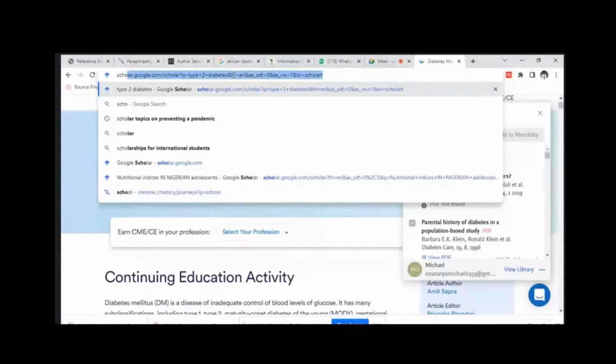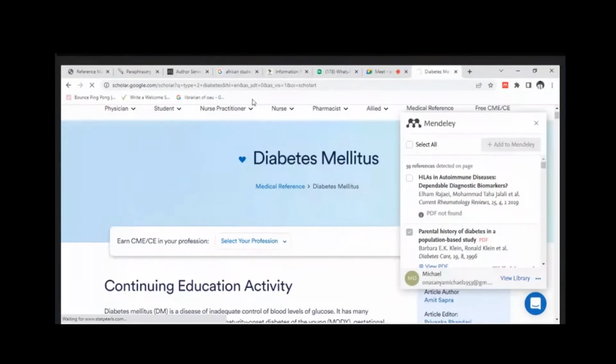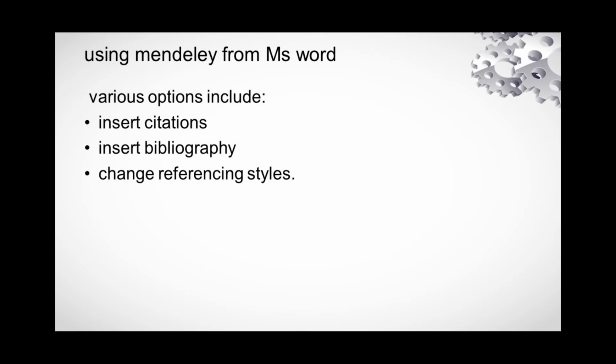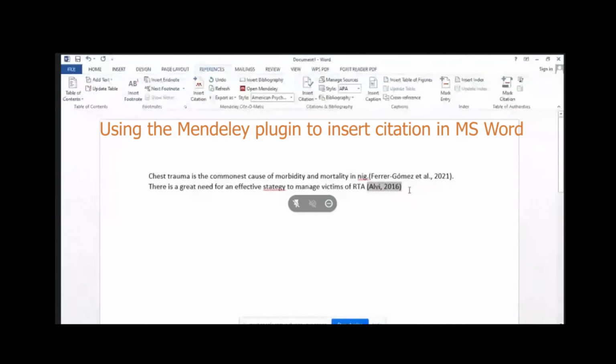Just use this. I think I've used this before. So I can continue as much as I can. Let me just type because of time.